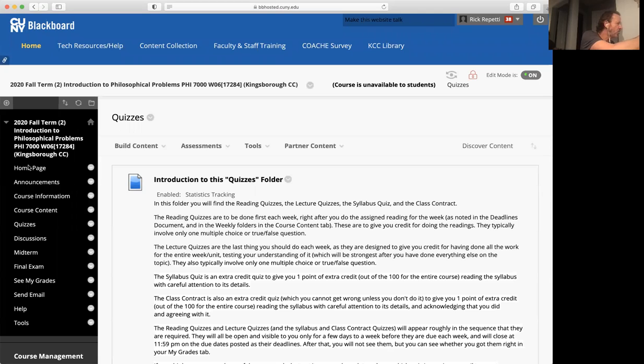Whenever you're taking a quiz or an exam, make sure you have good Wi-Fi, internet connection, battery, cable, charging. All that stuff needs to be in place. I don't want to hear, "Oh, professor, my computer crashed. It ran out of battery while I was just about to hit the send button on my quiz," that sort of thing.